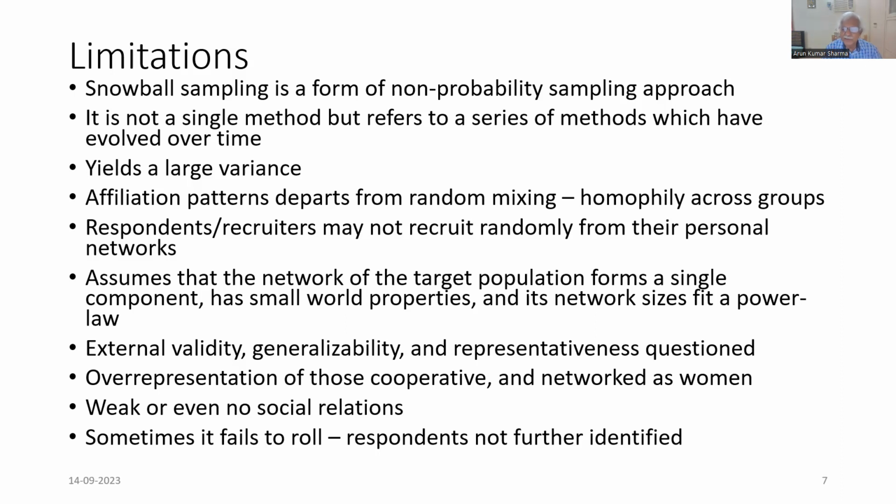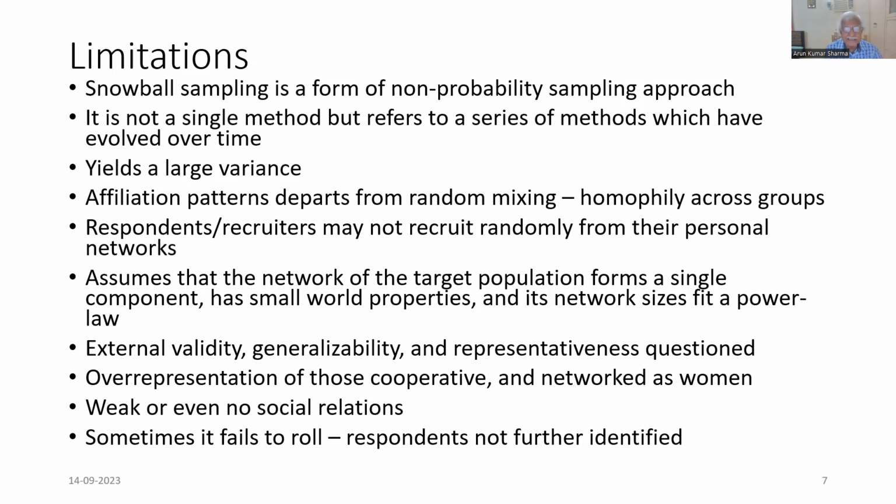But I thought that you must be sensitive to some of these fine aspects of snowball sampling, so I'm mentioning. There is a lot of literature on snowball sampling now, and you can read it and understand more of the nitty-gritties of this. Another limitation of snowball sampling is lack of external validity,